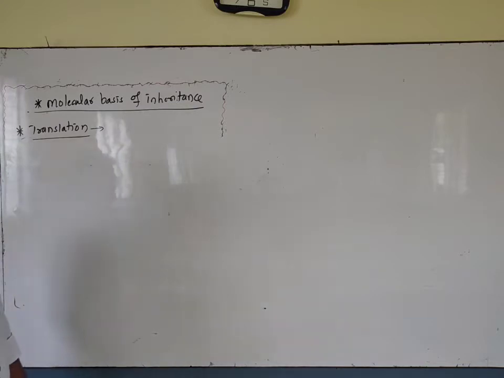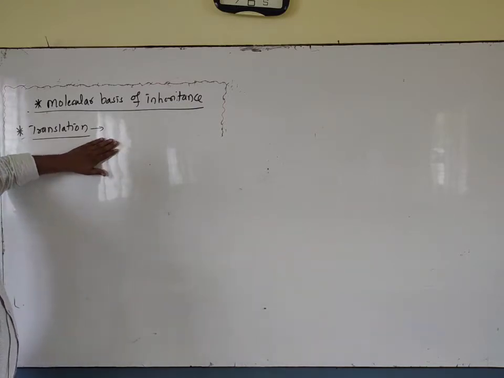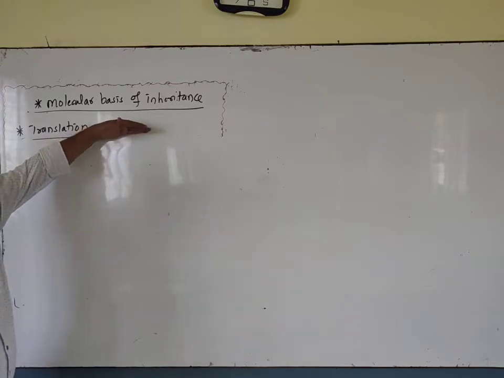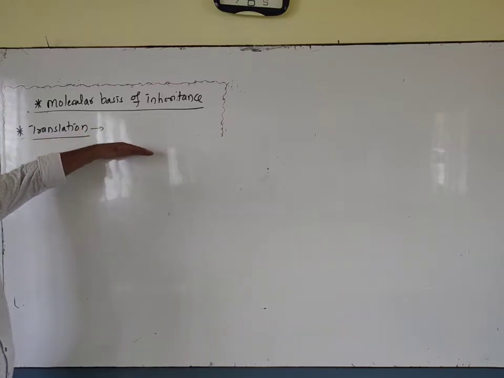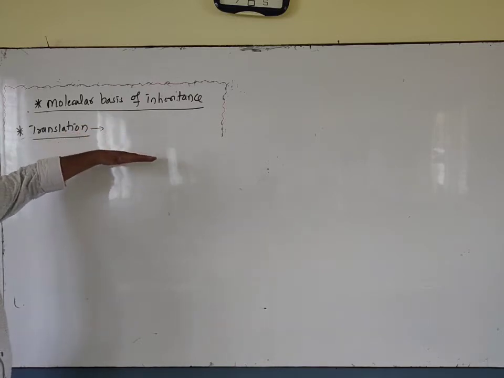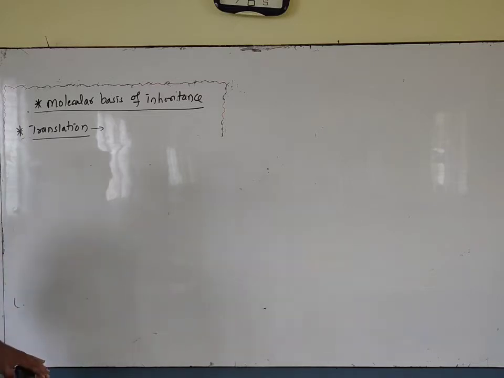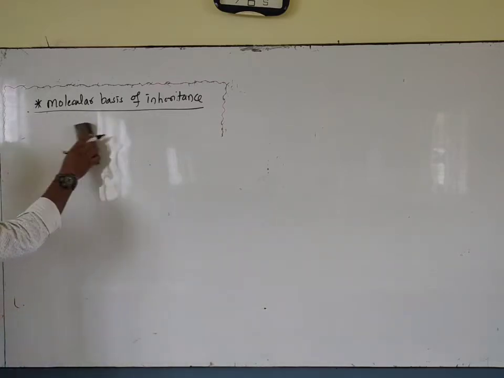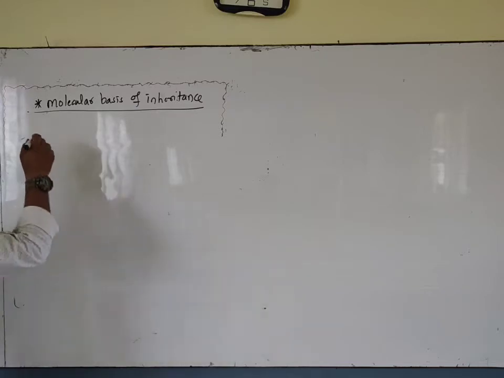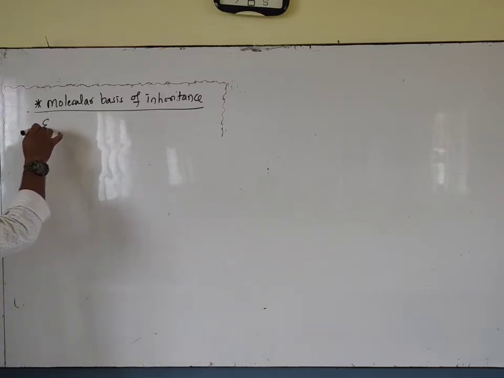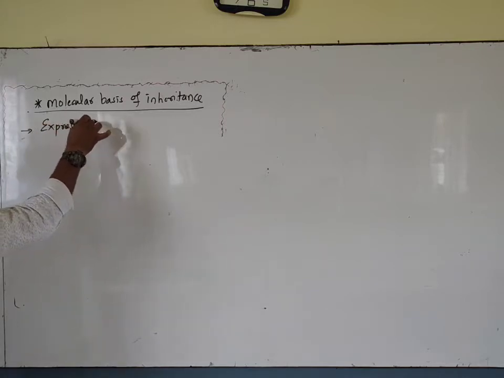What are the requirements actually used in the translation process? Translation has four steps: activation of amino acid, initiation, elongation, and termination. What are the factors that are involved in such steps? We also discussed them in the last video class. Today we will discuss the next topic, that is expression of